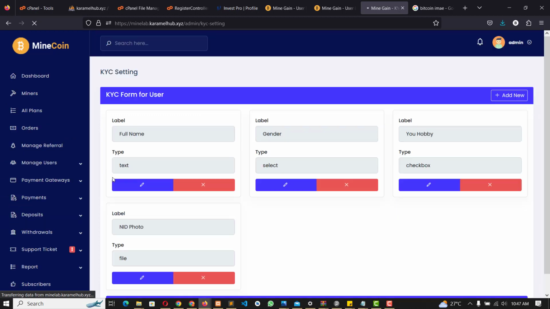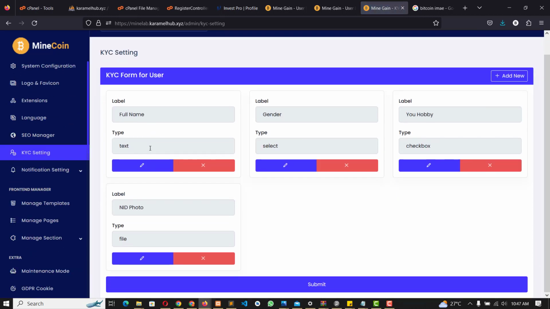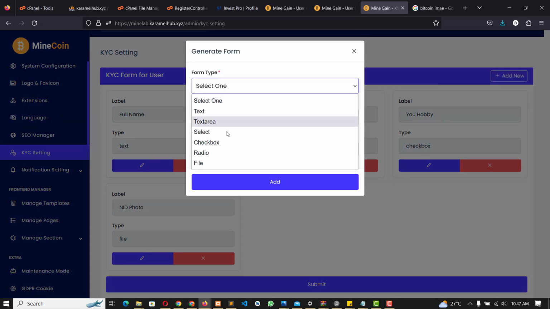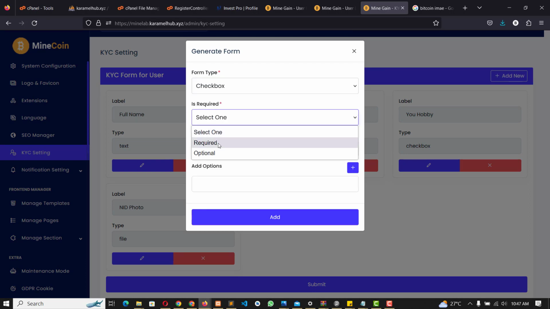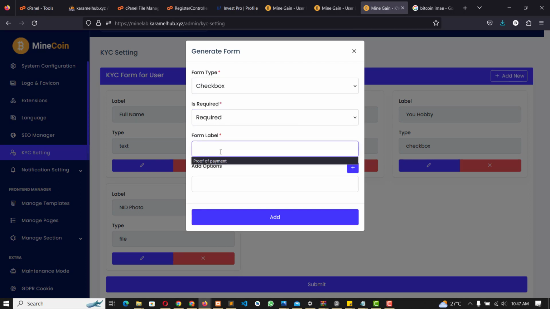For KYC settings, you can see these are the KYC documents that are being taken. So you can set the forms. You can see the full name, the gender, the hobby, the photo, and you can also add what's new. You can say a checkbox and then make it required. Form label, you can say, are you